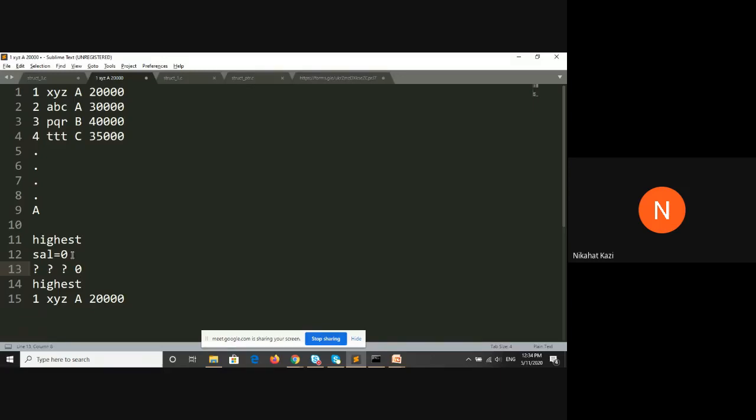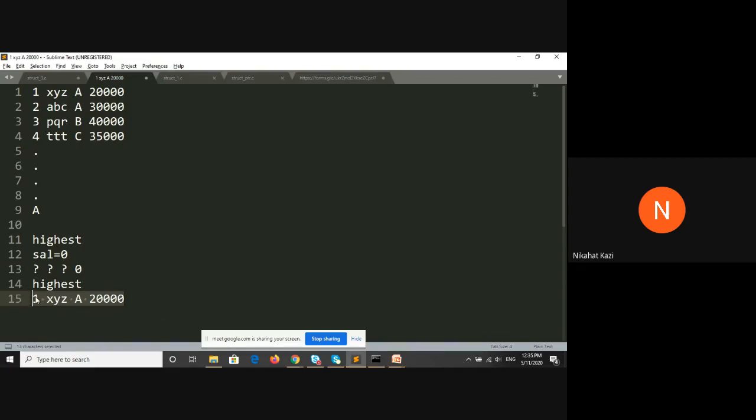These were the component variable values of this variable highest. Initially, we don't know what it was. Only salary I had set to 0. Now I have replaced this entire thing with these new values, right? So the current highest employee of department A is this first record.